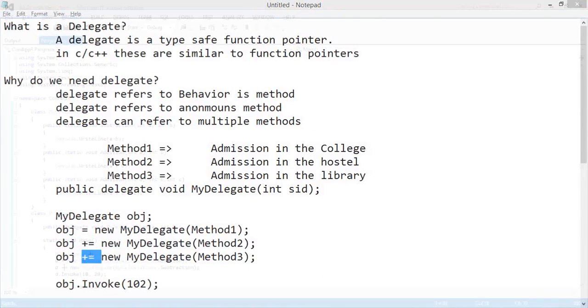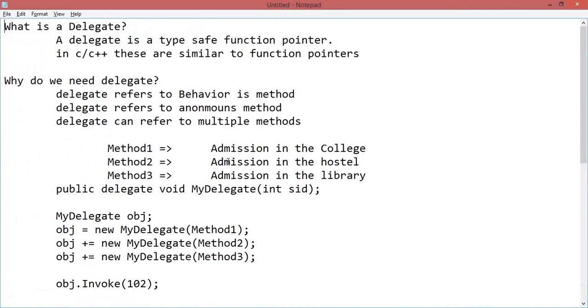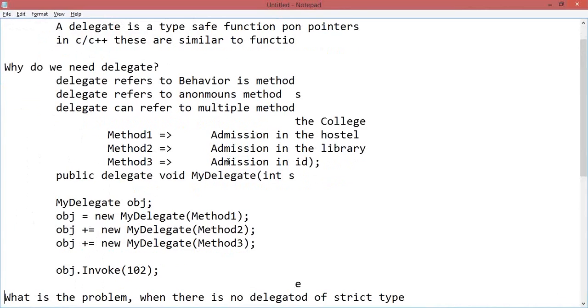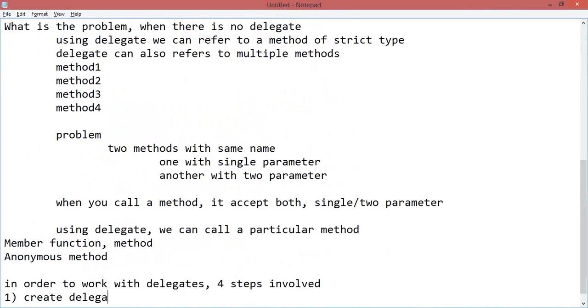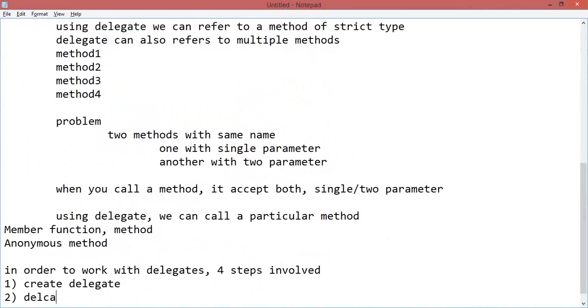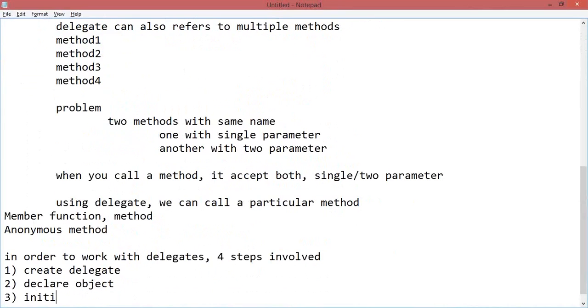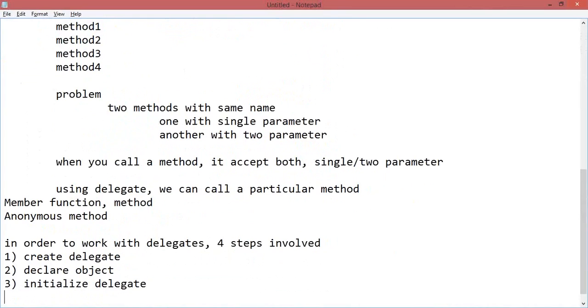Now we have seen what a delegate is and what a multicast delegate is. I repeat one thing: in order to work with delegates, 4 steps are involved. First, create the delegate and declare an object for it. Next, initialize the delegate, and finally invoke the delegate.